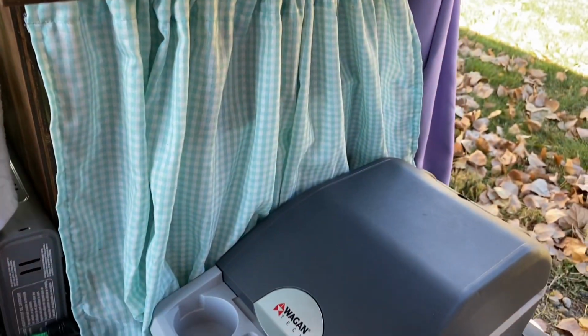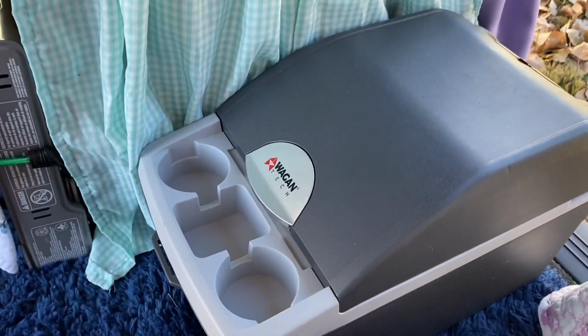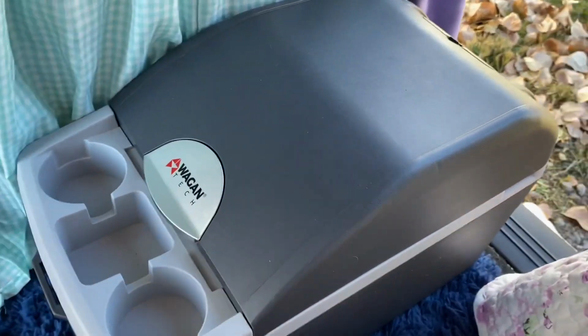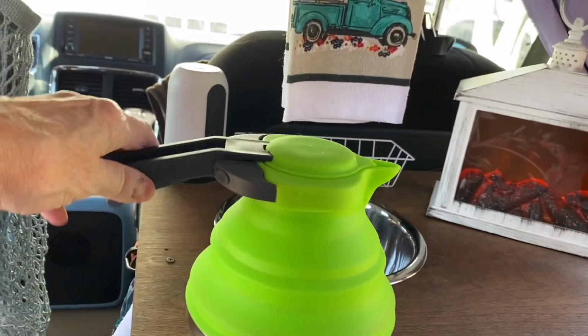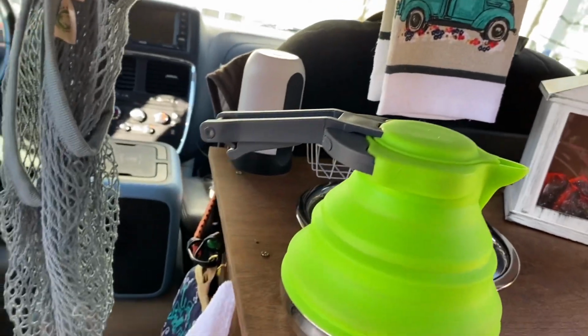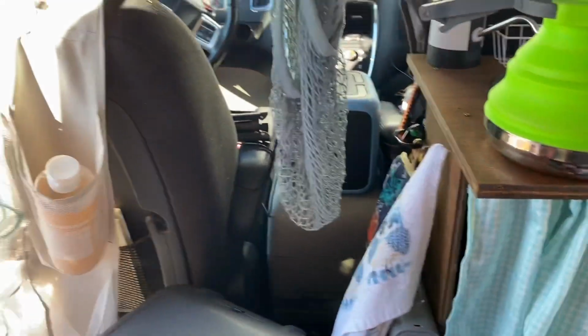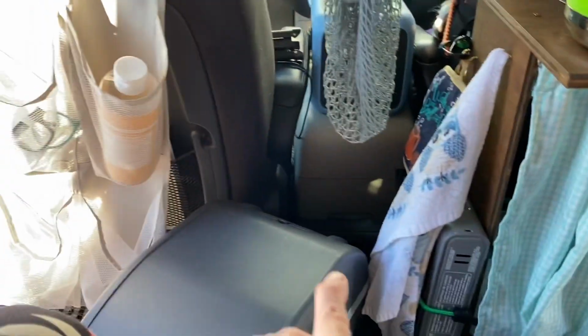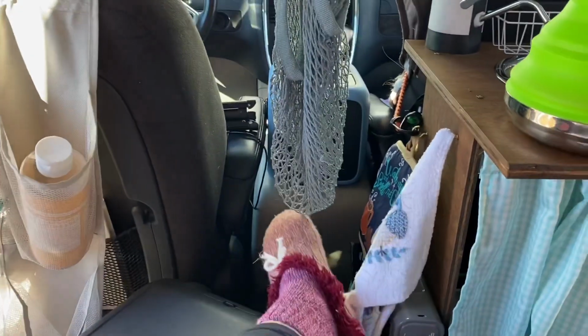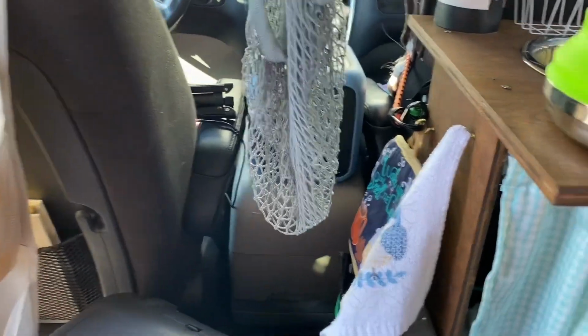My 12-volt refrigerator sits right here, and of course I can move it out of the way, which is what I like about this whole setup. I'm going to move my tea kettle up here just to put it right there. Now I'll show you, when my stove is not here in travel mode, this fridge fits in that space right there, okay? So I'm going to pull the curtain up,